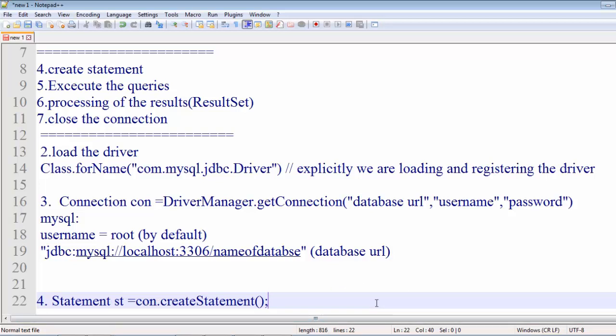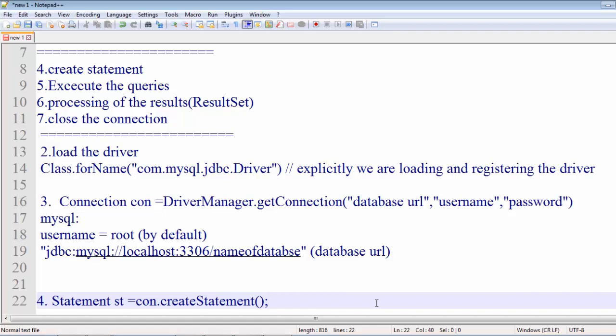As we discussed in the previous slides, connection is the road, the link. This connection object is responsible for invoking this createStatement method.